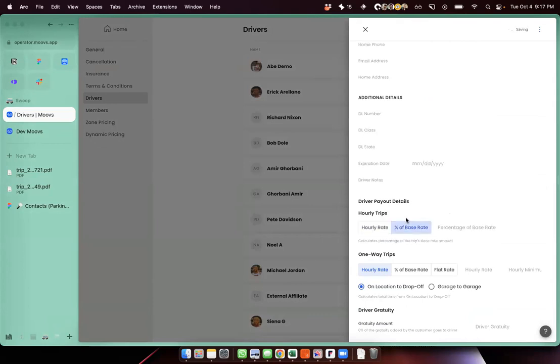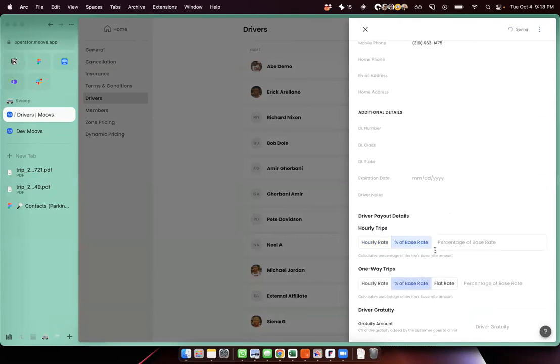Yep. So here it is. Can you see my screen? Yes. So this might work perfect for you. A lot of operators have very different ways of doing things, and we're always trying to solve as many of them as we can, but this could be perfect for you if I'm understanding it correctly. Percentage of base rate for your hourly and one-way trips, and then you can calculate percentages here.